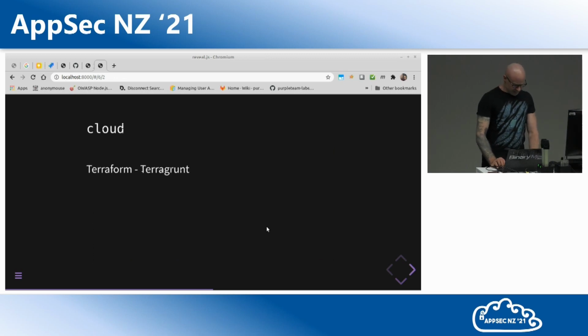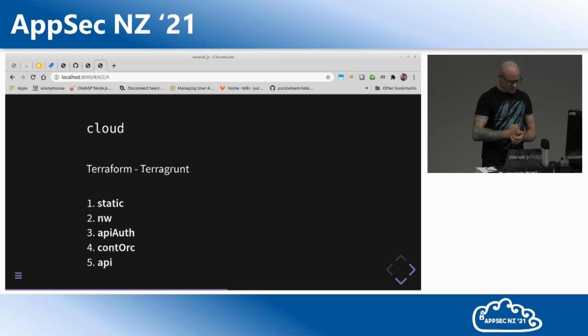Okay, so with our cloud environment, we use Terraform and TerraGrunt. These are the roots that we use. I'm not sure if you know much about Terraform. It's a declarative infrastructure as code tool with a configuration language, HashiCorp's configuration language. Some of these roots take inputs from the previous roots.